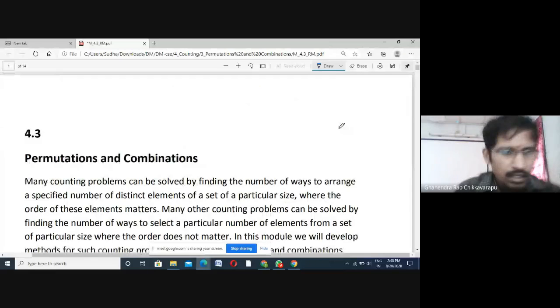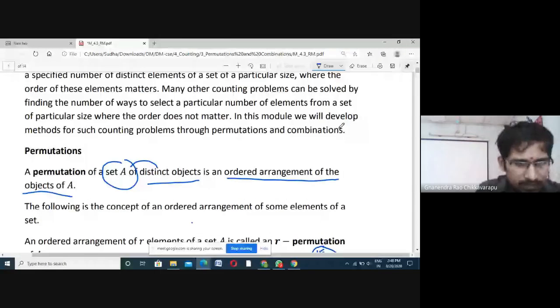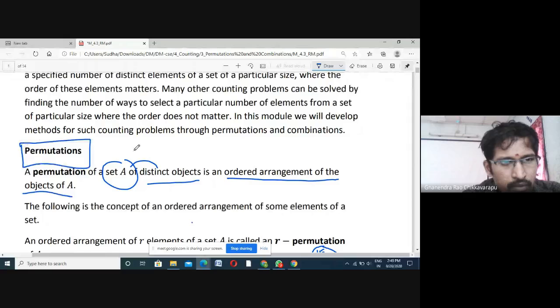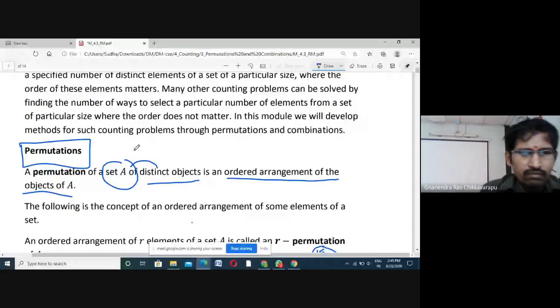First of all, permutation and combination. First of all, what is a permutation? A permutation is nothing but an arrangement after the selection. Now, what we are arranging here, the definition is like this: a permutation of